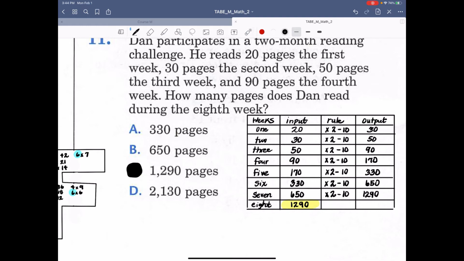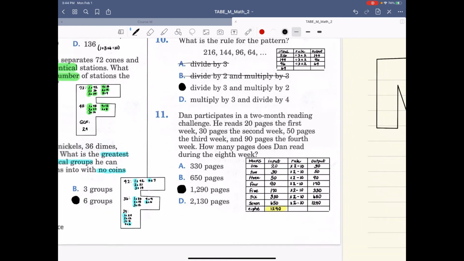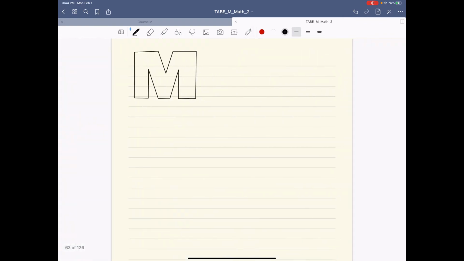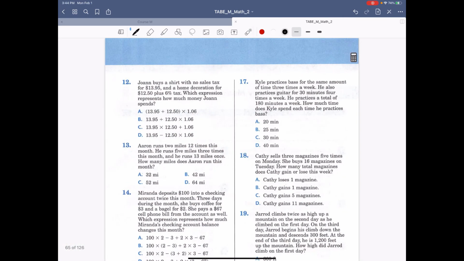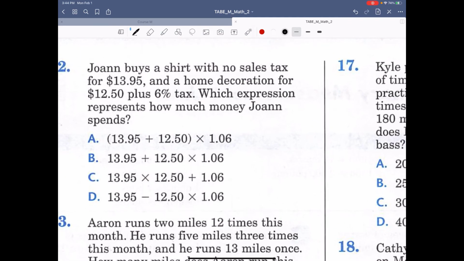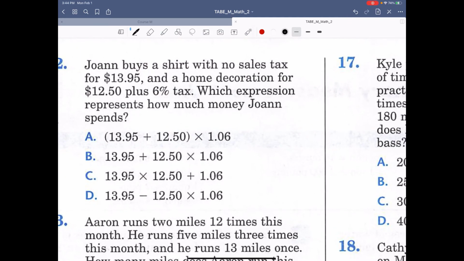That is not an easy problem. Okay, number 12. Joanne buys a shirt with no sales tax for $13.95 and a home decoration for $12.50 plus 6% tax. Which expression represents how much money Joanne spends? So she buys the shirt,